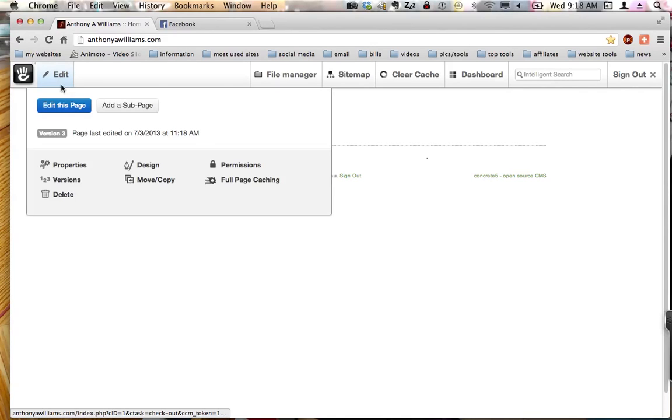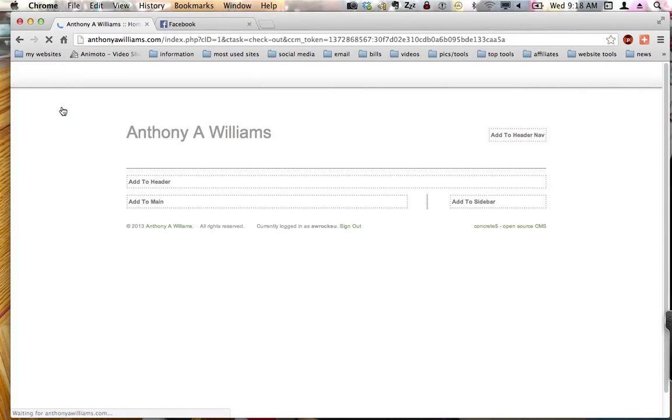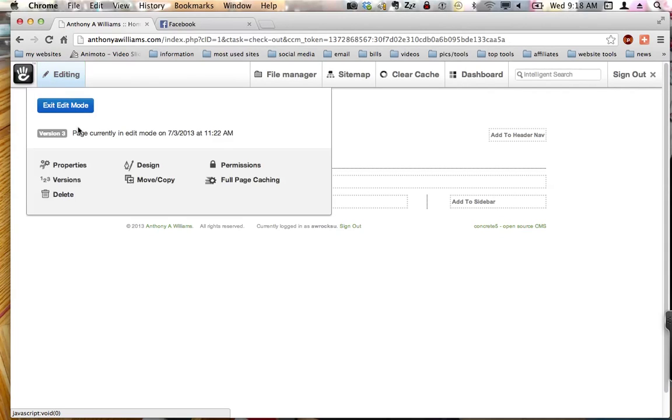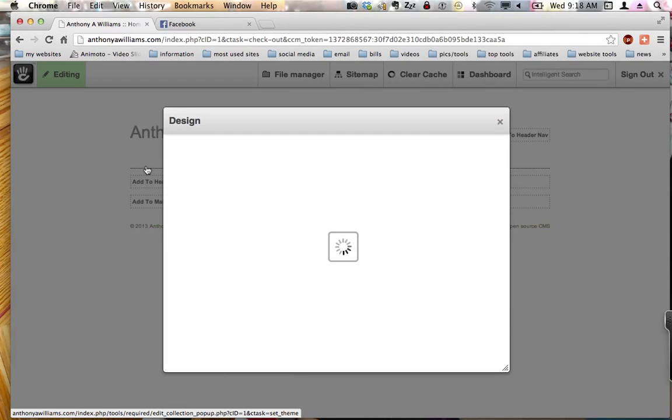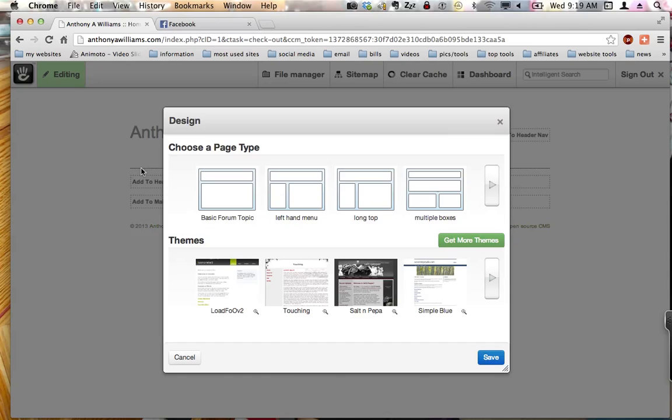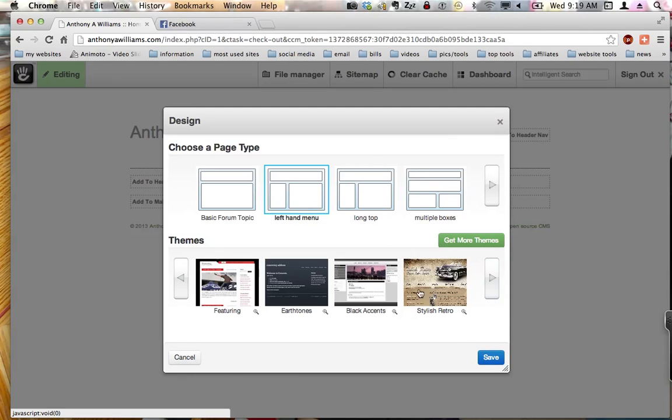Now we go over here to edit this page. Now we're going to create our theme. Okay, I'm sorry, you don't click edit, you just hover over edit and you come down to design. Okay, now this first page of mine is going to be my introduction page, and I want this left hand menu, which means the menu will be right here. There'll be a long top, and then there'll be a big box here. And I would like to have as my first page,